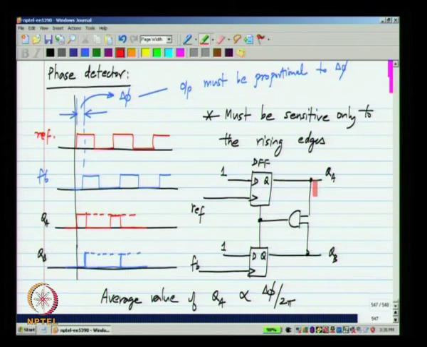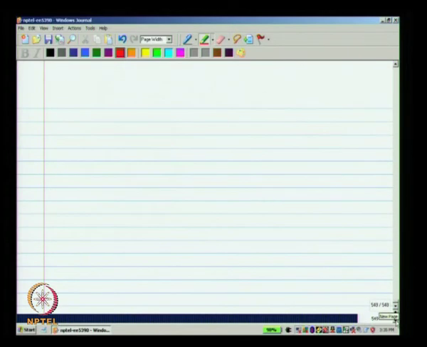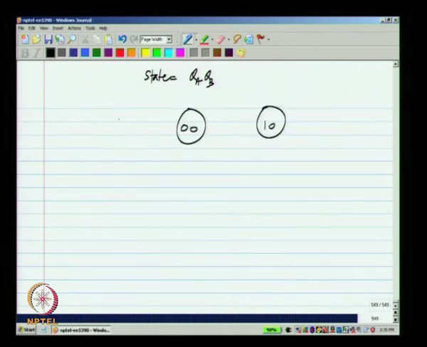This, by the way, with 2 flip flops, it is known as the 3-state phase detector. With 2 flip flops, it can actually have 4 states, but QA and QB cannot be simultaneously high, because that will reset the flip flops. So, that state is forbidden, and there are a total of 3 states. And if we plot the state transition diagram, by state I mean QA QB, there are 3 possible states, one is not allowed.